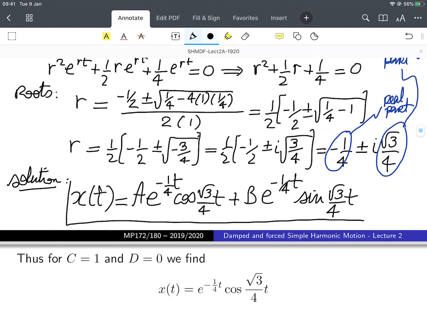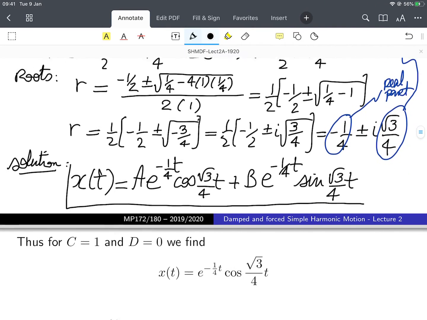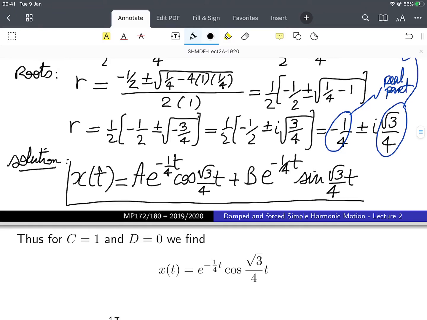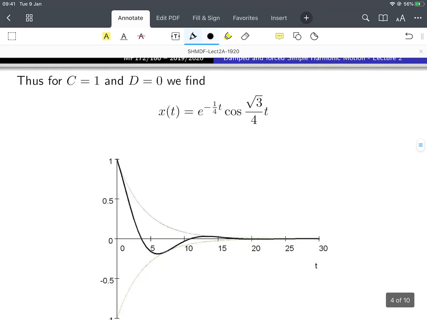All right, that's all I need to remember. I start from my ODE, I look for a solution in an exponential form, I substitute, I end up with a quadratic. If the quadratic gives me complex roots, I know that the real part is going to be going into the exponential, and the imaginary part is going to be going into the cos and the sines. Just to show you on the next slide